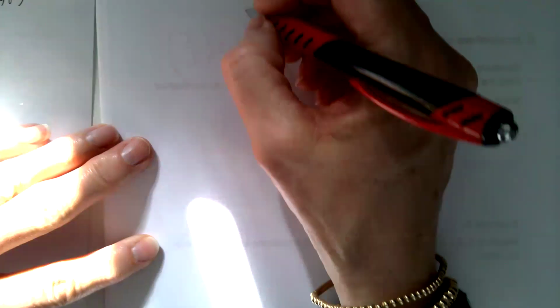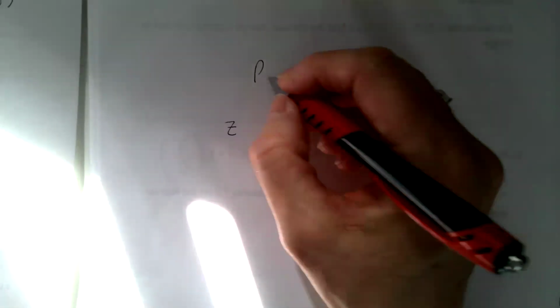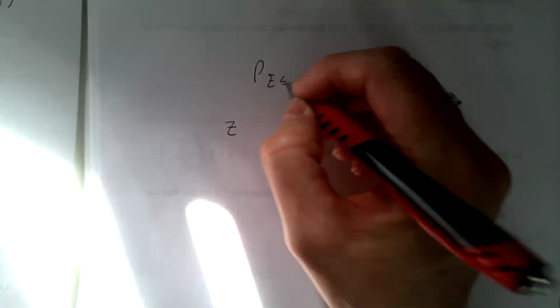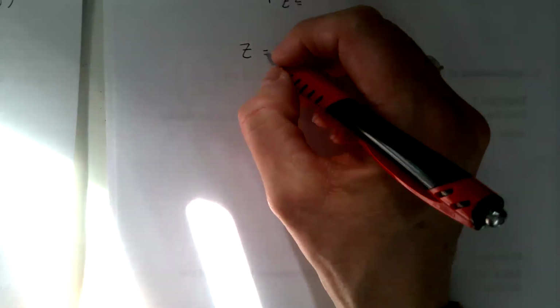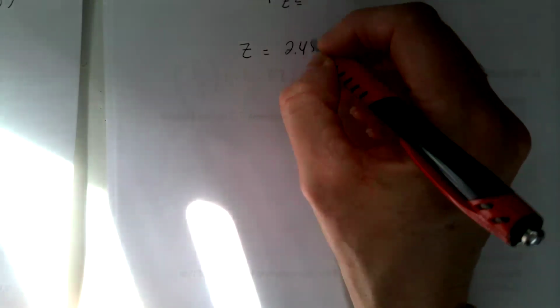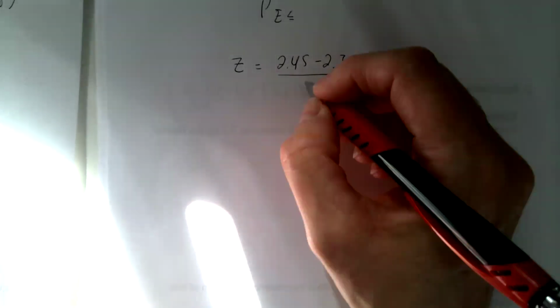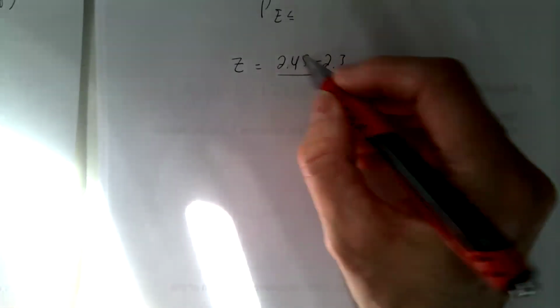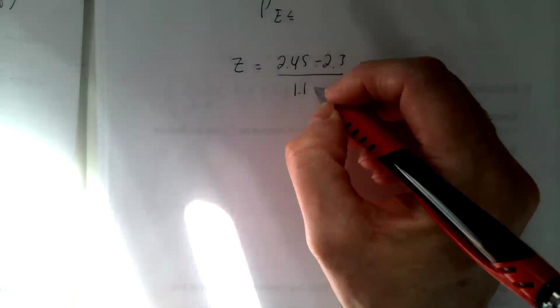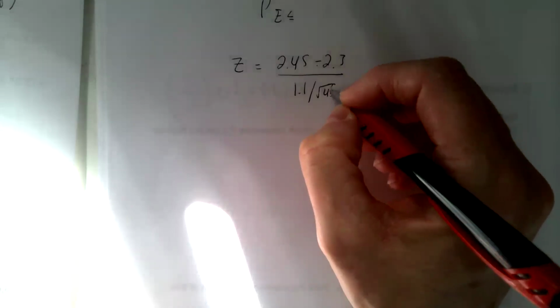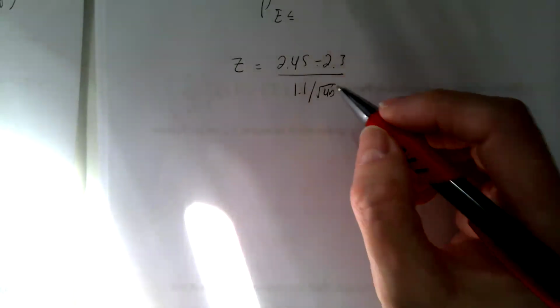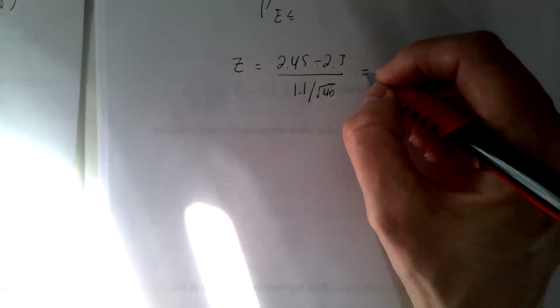So that means that for ALEKS, we want to be able to use their program where it's this Z less than box, okay? So I have to find a Z-score for this situation. We want to find when the sample mean is 2.45 or bigger, so I have to find the Z-score for that. So the sample mean, subtracting what we think the true mean is, divided by the standard deviation divided by the square root of 40, because we have to offset it using this central limit theorem. This comes out to be